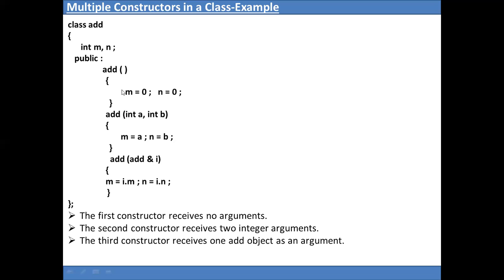The first constructor receives no argument, that means empty. The second constructor receives two integer values, a and b. The third constructor takes an object as an argument. Okay. In this single program, using three member functions are called multiple constructors. Okay, next one,